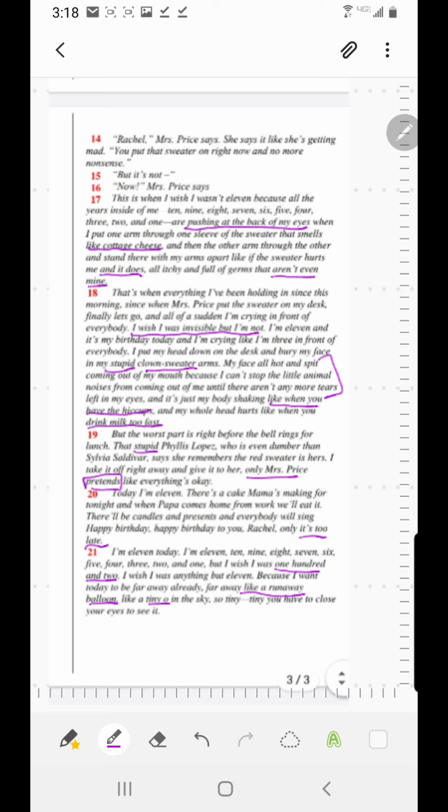Next week, you guys are going to be answering a prompt that asks you to provide evidence of Rachel's characterization in this story. Again, that's all we're focusing on this week. So make sure that you guys are ready for next week.